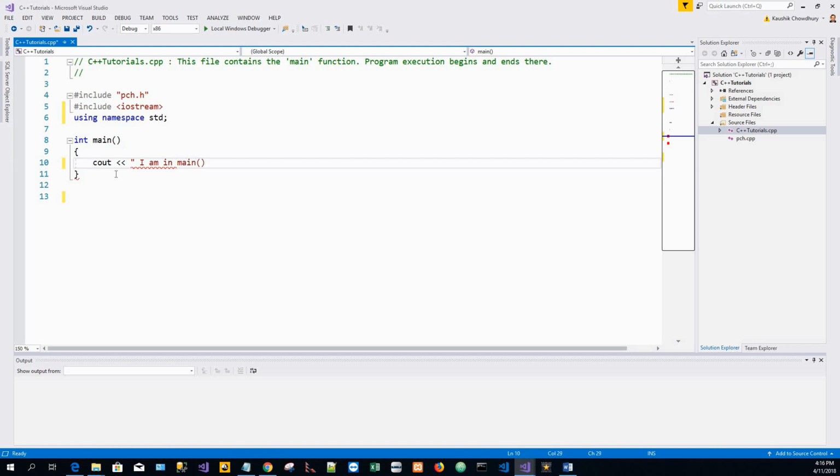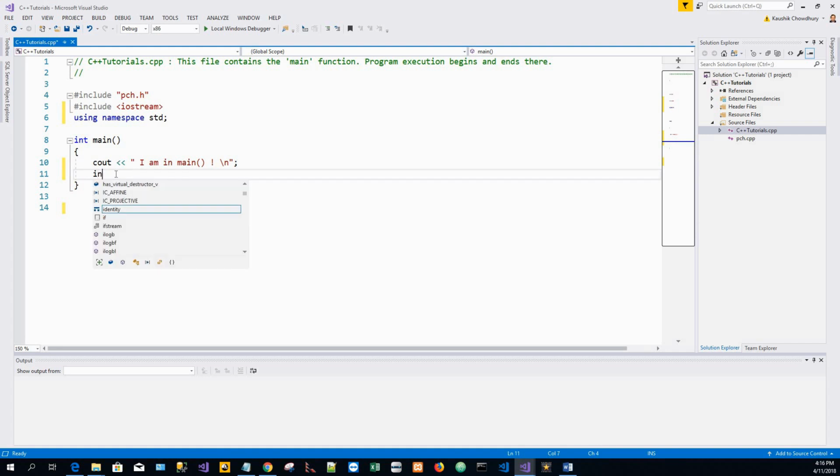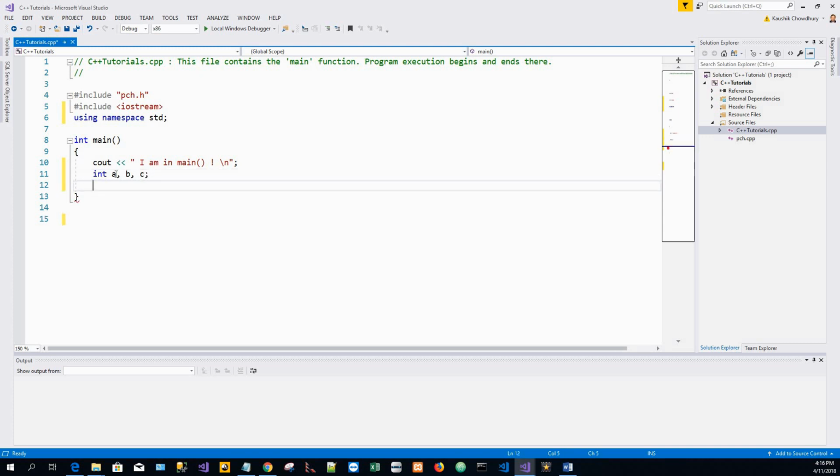In main, then exclamation, backslash n, the new line character, to put everything else in a new line, and int a, b, c. These are three variables, or variables are just like storage spaces in the memory, which store a value, and that value can change depending upon the circumstances, depending upon the program logic. So they are cubby holes to store the